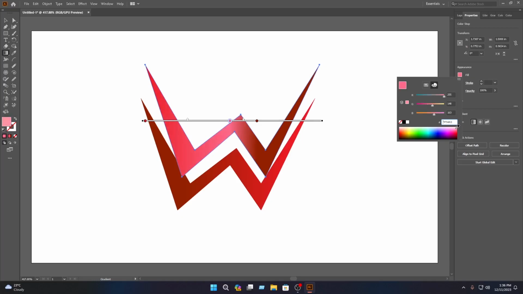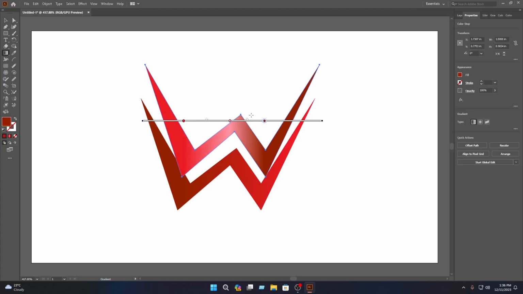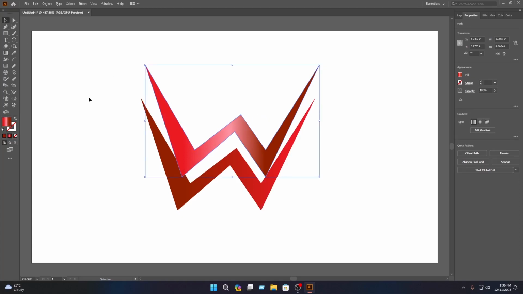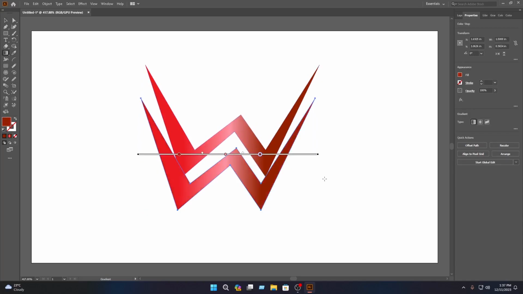then select this color from here, then select this and drag this in here, then select this and drag this in here, then select the move tool, then select this and select the eyedropper tool, then click on here, then select the gradient tool, then select this and drag this in here, then select this and drag this in here,